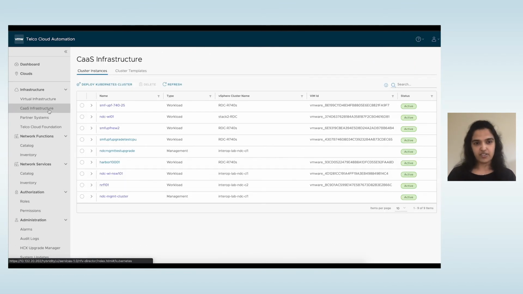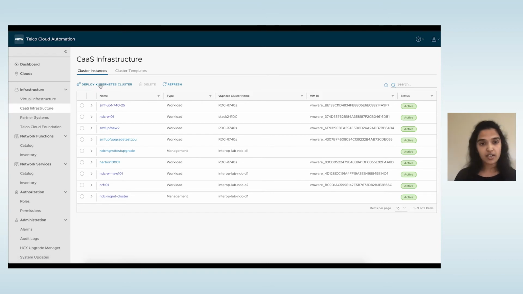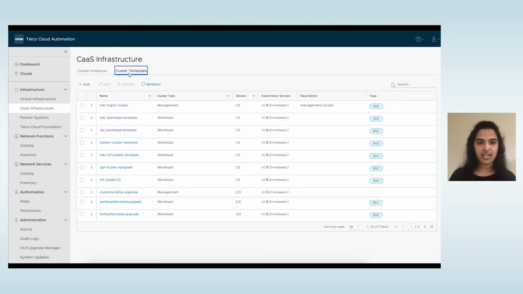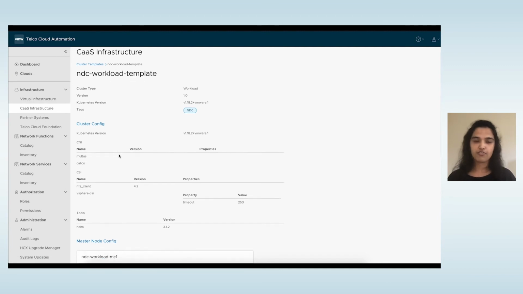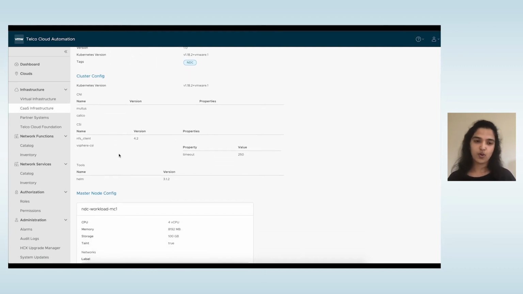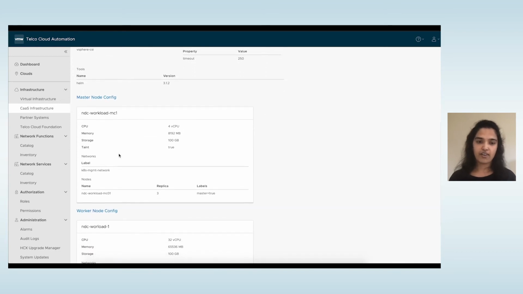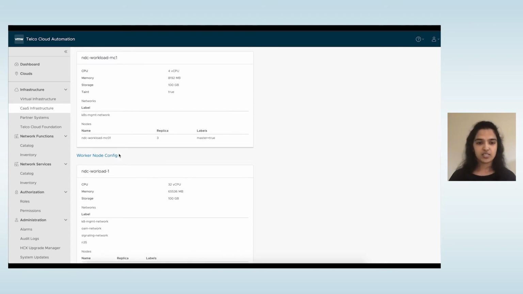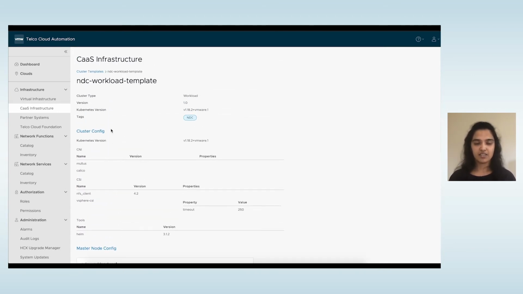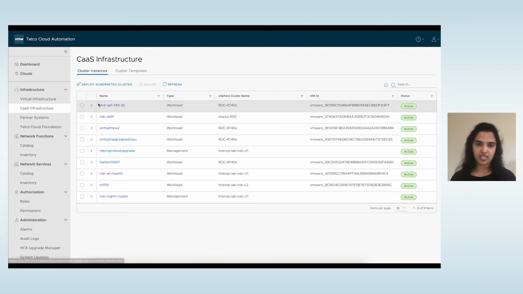Once you have registered these, you can also create your own deployment, the Kubernetes cluster, the CaaS layer. As Moshe was saying, you can come here and design your cluster template. The cluster template is more like a blueprint of the entire CaaS layer. You have the master node config, your worker node config, how many replicas of this worker node you need, any labels that need to be attached, and the CaaS and PaaS information that you want to automate as part of the bring-up of this cluster.